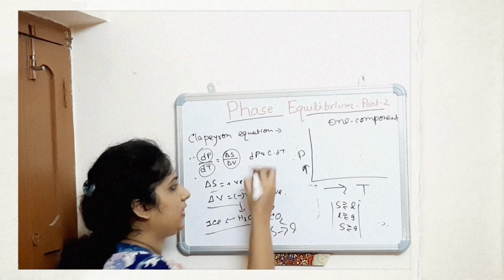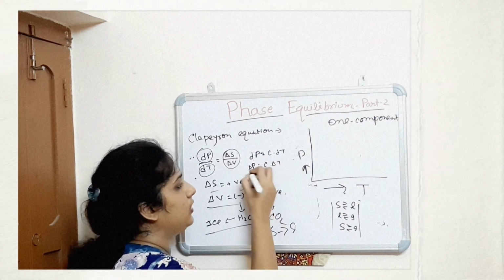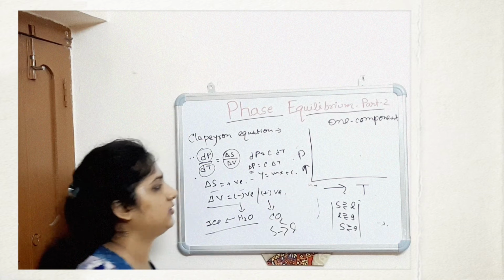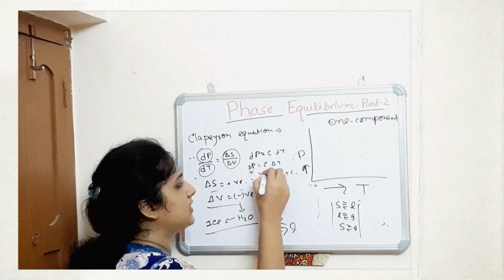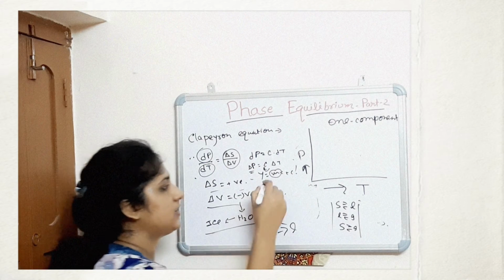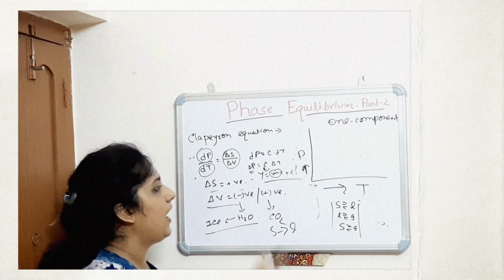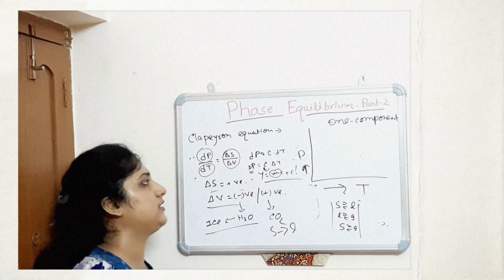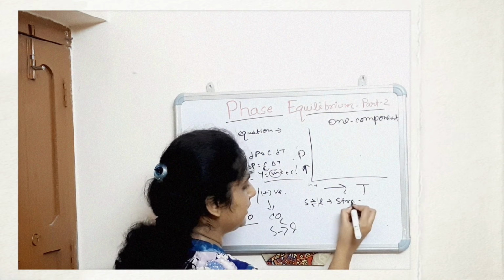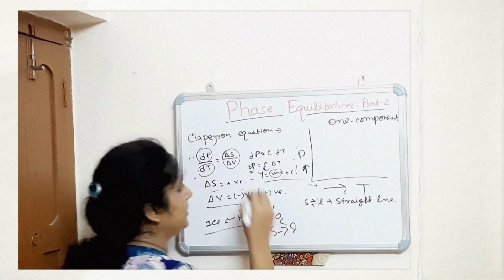and after integration you can get del P, that is P2 minus P1, equal to a constant times del T. So you are considering it as y is equal to mx plus c. Here m is the value of del S by del V. So this is a straight line plot; the solid liquid curve is a straight line curve. The value of m is del S by del V. So this solid liquid equilibrium is a straight line curve, and the slope of the straight line is del S by del V.